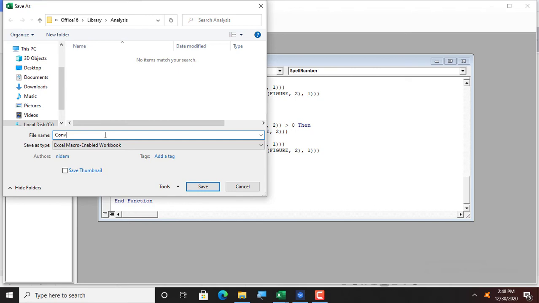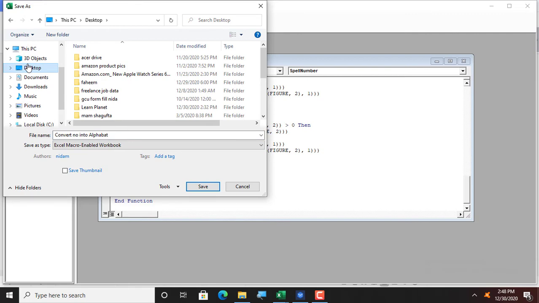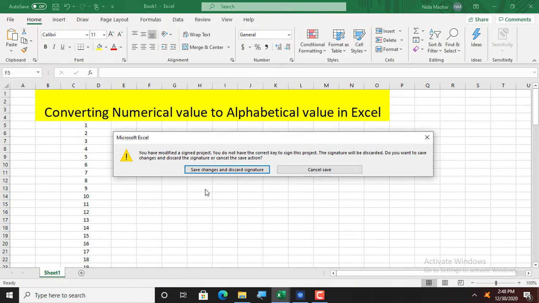I give it the name convert number into alphabet. I just save it on the desktop. It's done. Save changes and discard signatures.